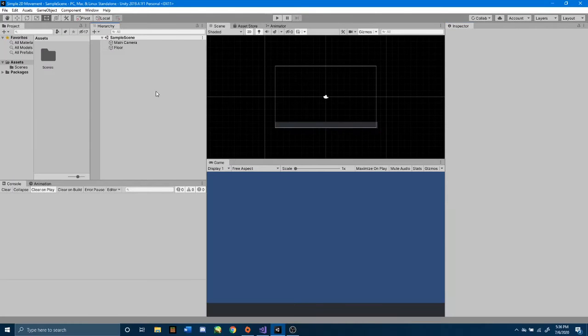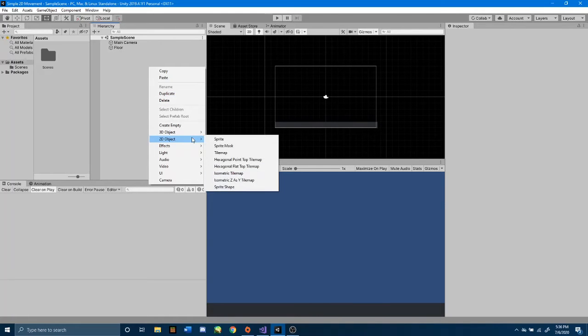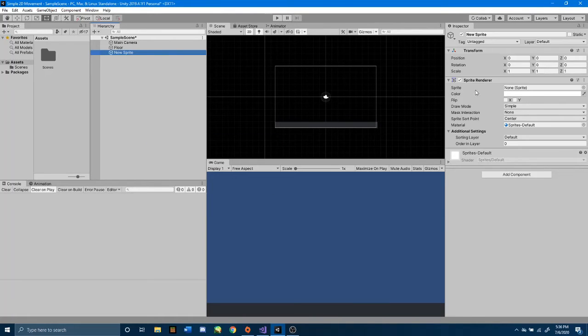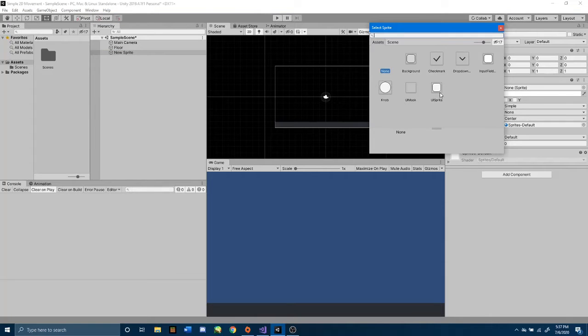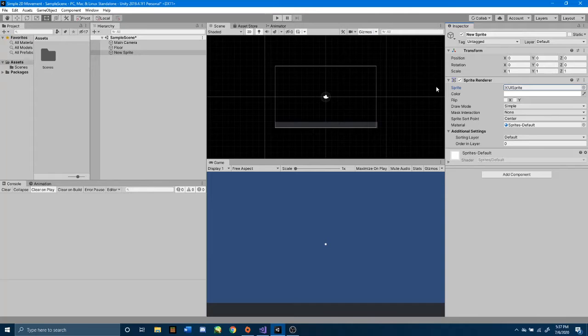Now I'm going to create our player. I'm going to right-click and create a 2D object, sprite. I'm going to give this sprite a default UI sprite. So click this icon that's a circle with a dot inside, and click UI Sprite. Now we want to scale it by 5 by the X and Y axes. Now I'm going to rename this sprite